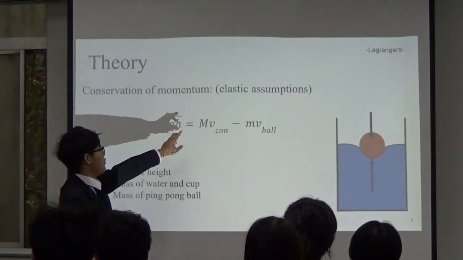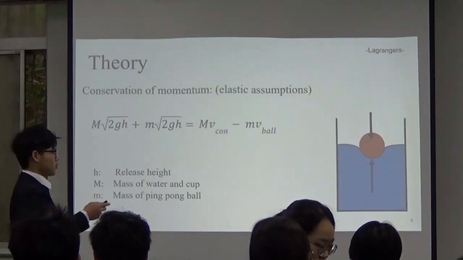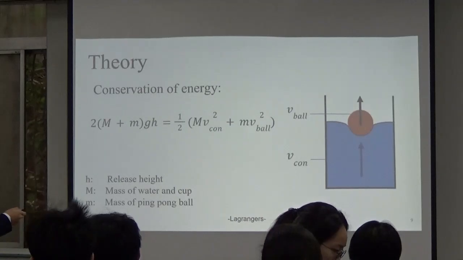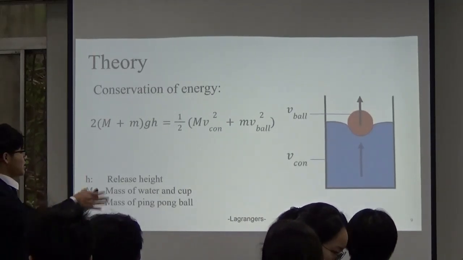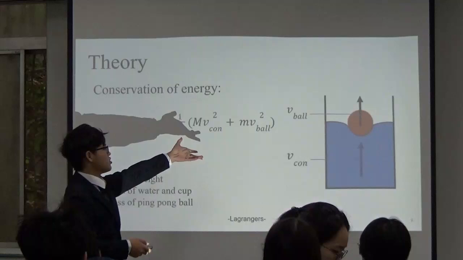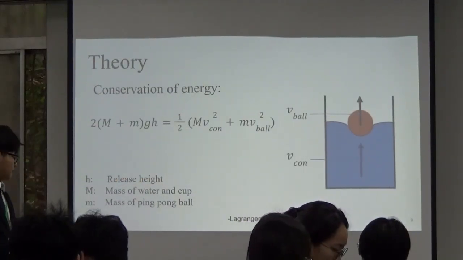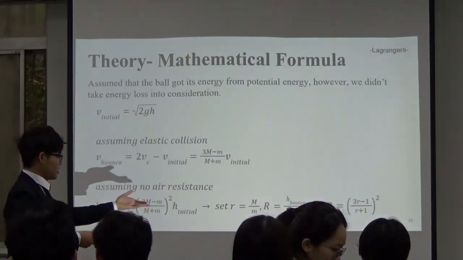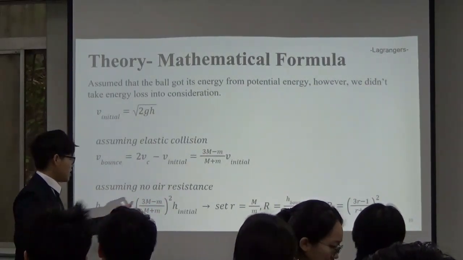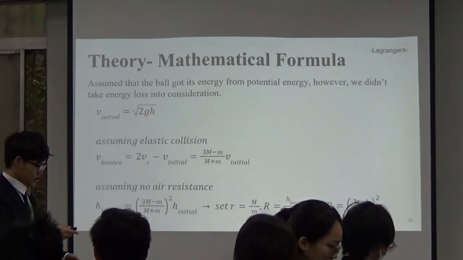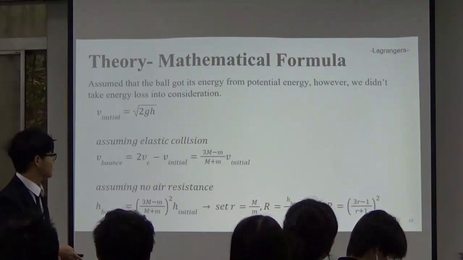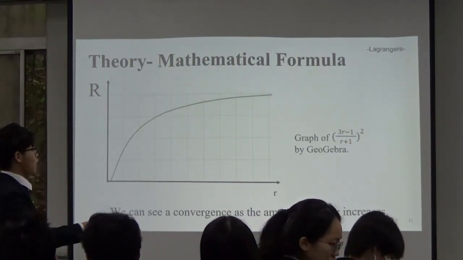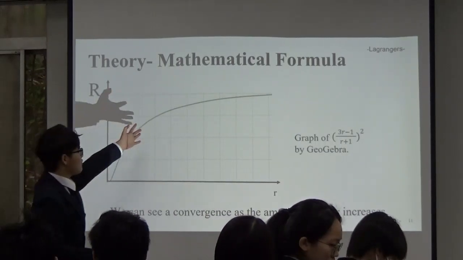So this is actually the relative movement of the ball and container with the water. And this is the conservation of energy, with this being the total energy at release, and this being the total energy when the ball bounces. So from our theories, we can get this h bounce and h initial relation, which is a formula right here. So from the formula here, we can draw a graph with GeoGebra, and we can see a convergence at about